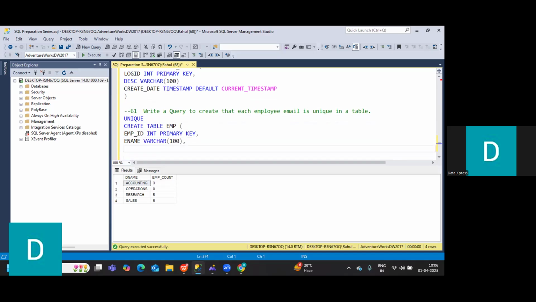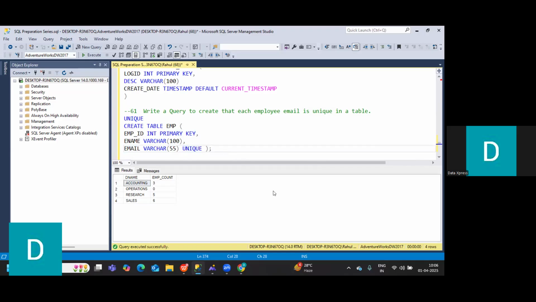Then we spoke about needing the employee email address, which should be unique. So again, I'm specifying email varchar, and maybe I'll give 55. But I want this to be unique, so you need to specify unique like this. This is your unique key constraint, like how we have specified primary key as a constraint here. You need to specify unique, so this will ensure that this column will hold only unique values. So this is how you will create